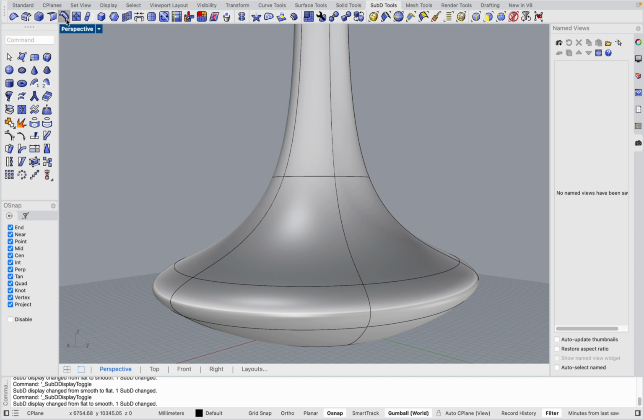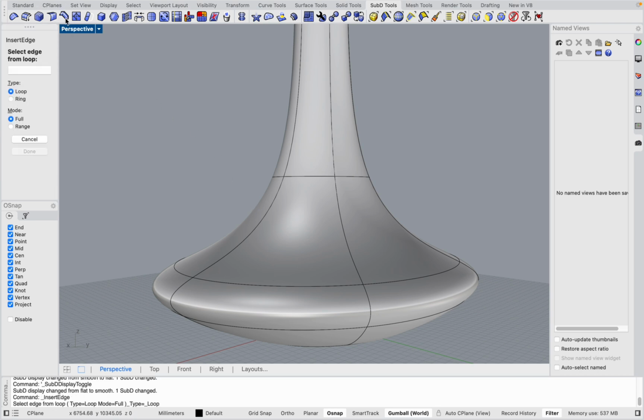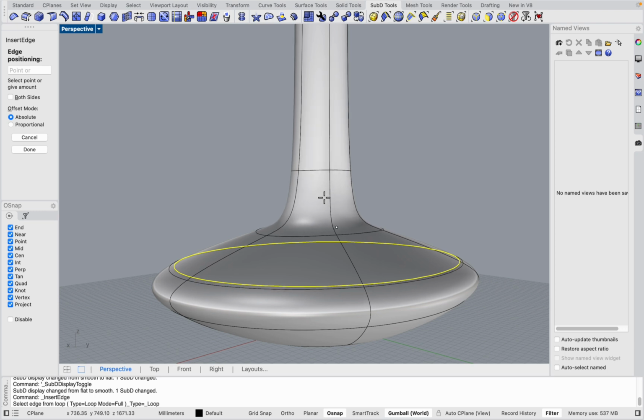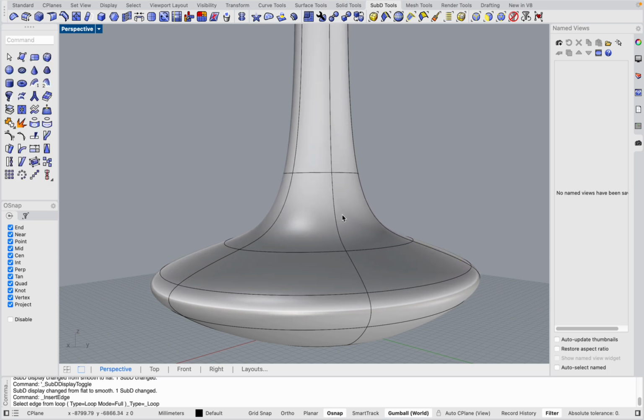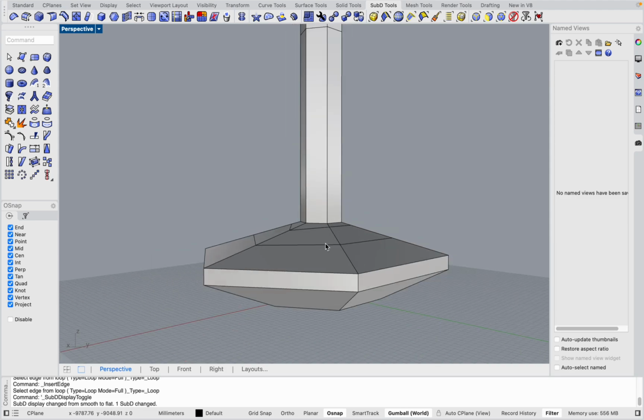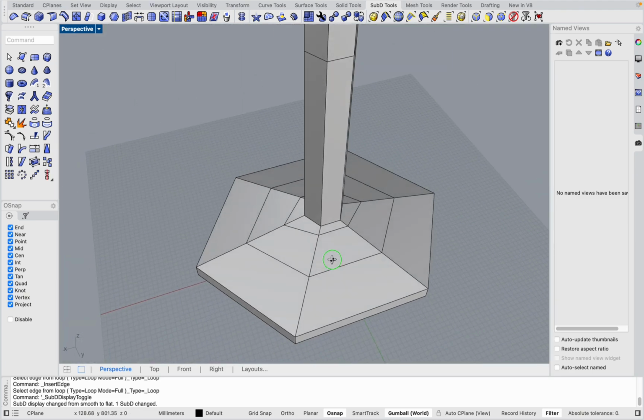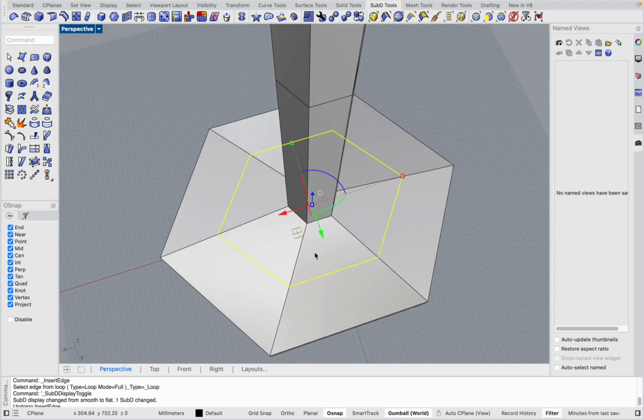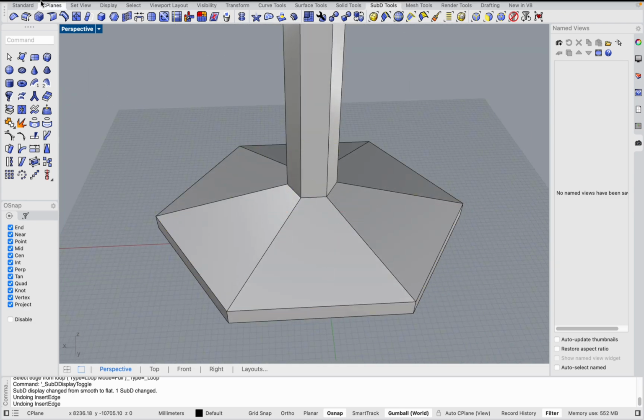And how can we do this? With this tool, insert edge loop. We need full loop, and let's select this one, press space, and add some. I think we need at least two. Let's look. Let's do it in unsmoothed mode. Okay, insert edge loop,